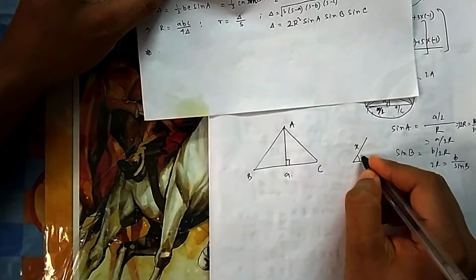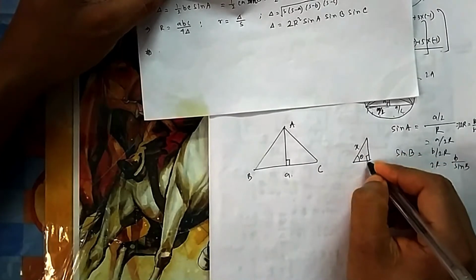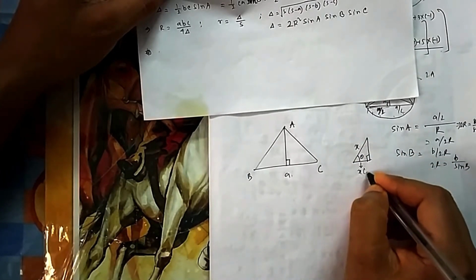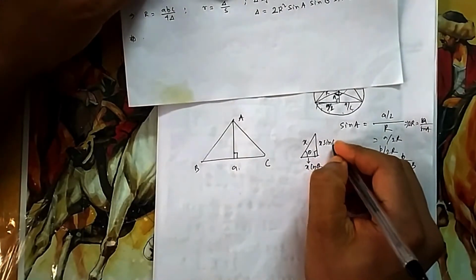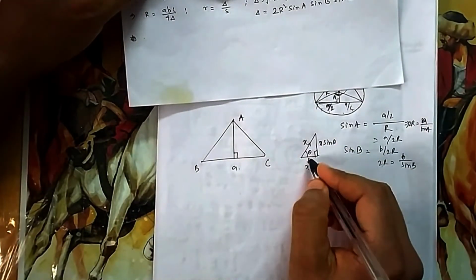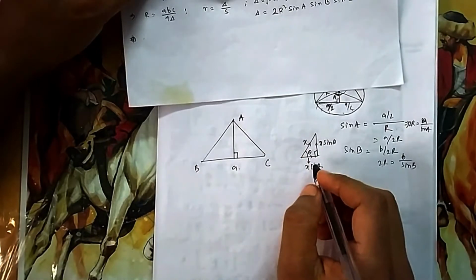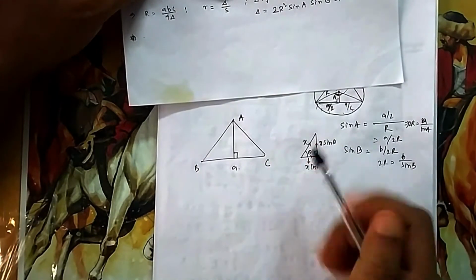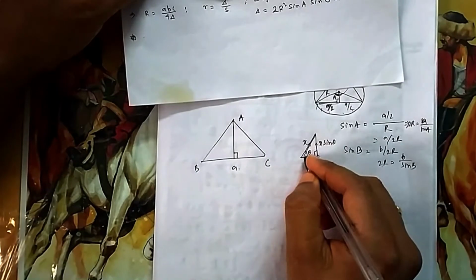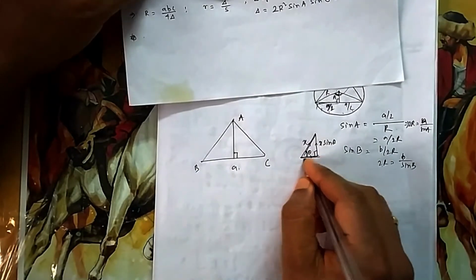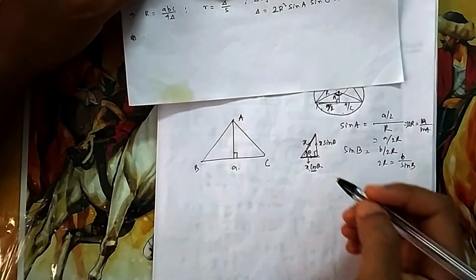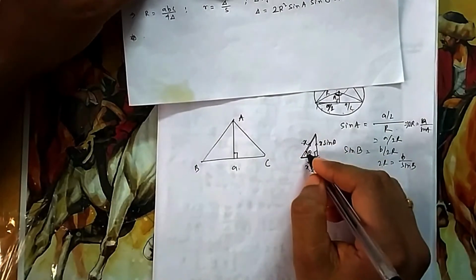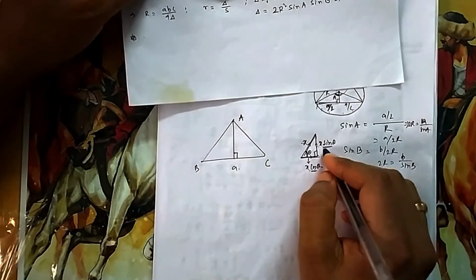Suppose this is a length x and this is my angle theta. If I draw a perpendicular like this, what will be this side? This side is always x cos theta. You will do it lots in physics also. A force, you will decompose it into two parts, vertical component and horizontal component. The component which is near to this angle, that is its base. So base is always cos theta. Now you take cos theta, this by this will give you x. Sin theta is height by base, so the side opposite to the angle will always be the sine component, that is x sin theta.